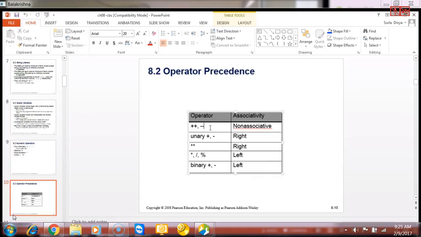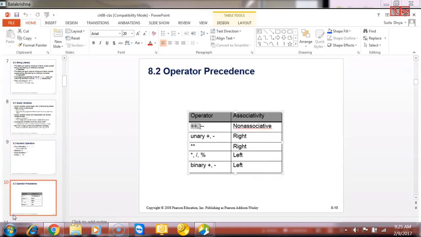So here, whenever you have any expression where this plus plus or minus minus is being used, for example x plus plus, if x is equal to x plus plus, it is nothing but x is equal to x plus 1. So if x is equal to 1 initialized, x plus plus will automatically give you 2, implies x is equal to x plus 1.